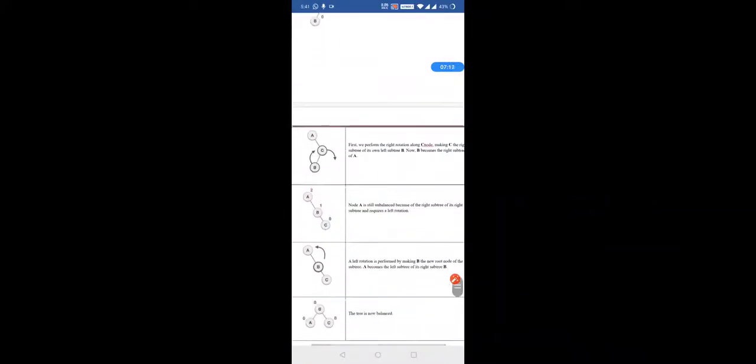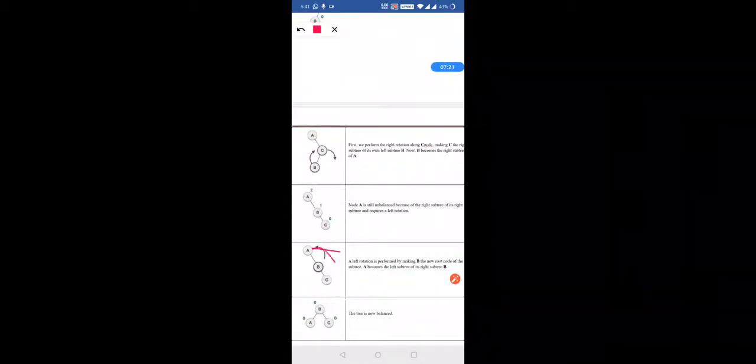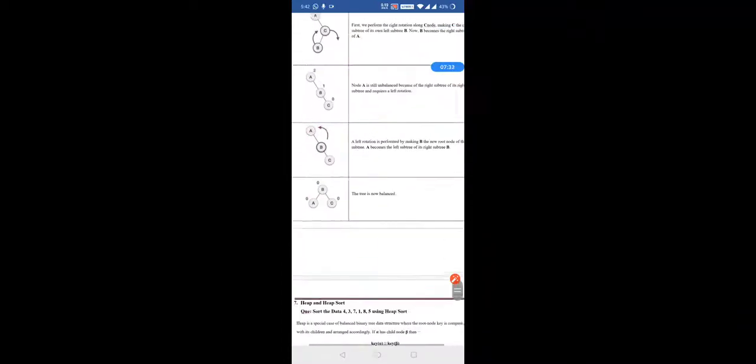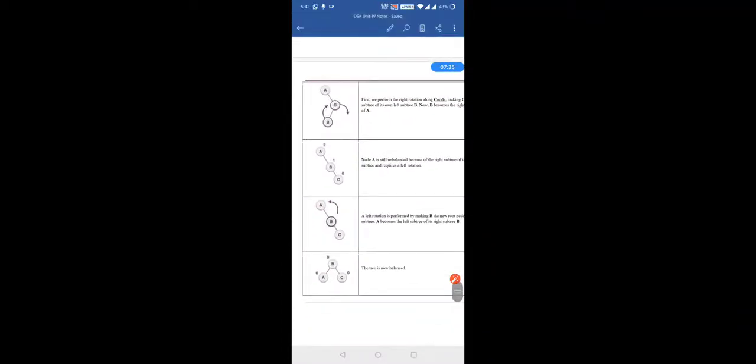We can see over here C is at the bottom level, B is at the intermediate level, and A is at the top level. Still this particular tree needs balancing because it still has an unbalanced node. So now we will do the left rotation, because your unbalanced node is present over here. We will do the left rotation and A will be at the bottom level. After taking it to the bottom level, the tree becomes balanced now. So this is the balanced tree now.